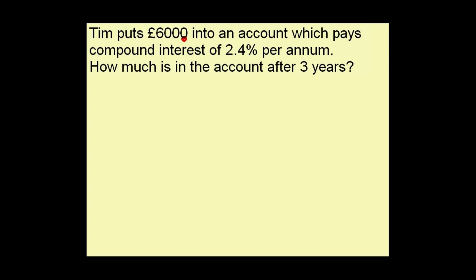If Tim put the money in the account for just 1 year, he would earn 2.4% of £6,000 in interest. So that's 2.4 divided by 100 times 6,000. I can do this in a calculator and I get £144. So that's the amount of interest he's earned in the first year. It would be added on to the money. So at the end of 1 year, he would have £6,144 in the account. Now for the second year, he would earn 2.4%